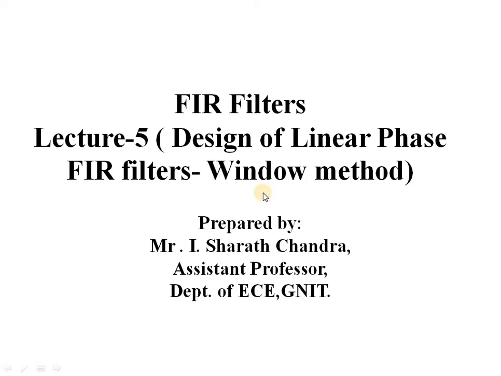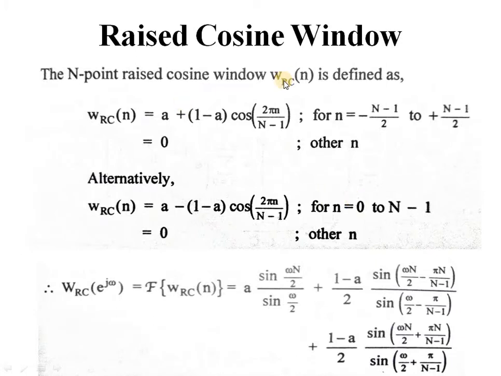And today we start with another new class of windows called raised cosine windows. The raised cosine windows are smoother at the ends but closer to 1 at the middle. The smoother ends and the broader middle section produce less distortion of the desired impulse response around n equal to 0, and therefore they are also called generalized cosine windows, or sometimes generalized Hamming windows.